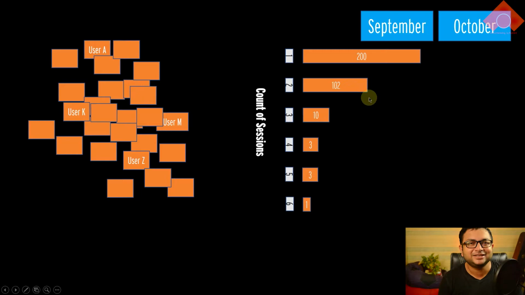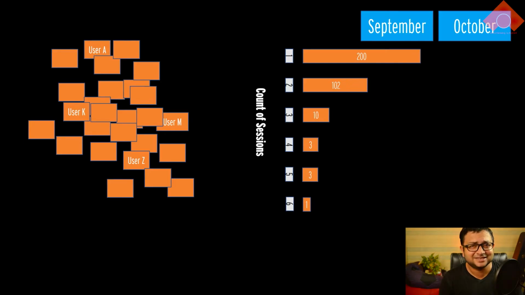Now, this is very similar to what we saw in Google Analytics, right? So you can see that a lot of visitors have got their first visit in this period of September to October, and then there are a few less who have visited the second time in this period. You can see that, and then there is the third time and fourth time and so on, right? So it gradually keeps on decreasing.